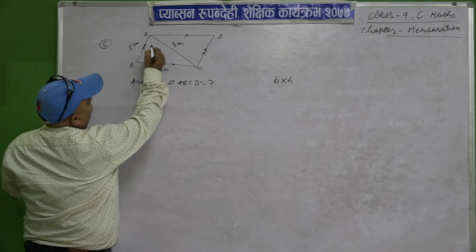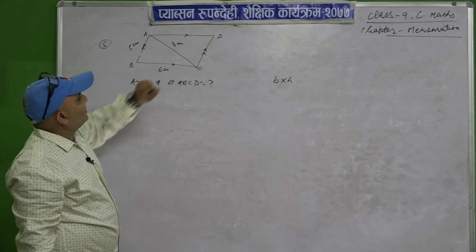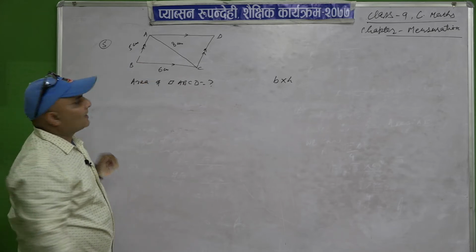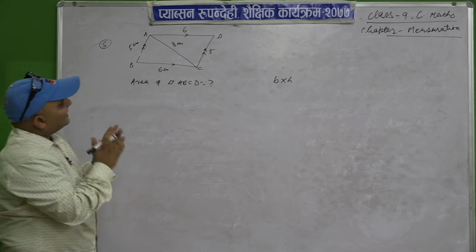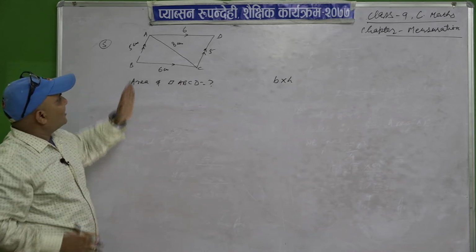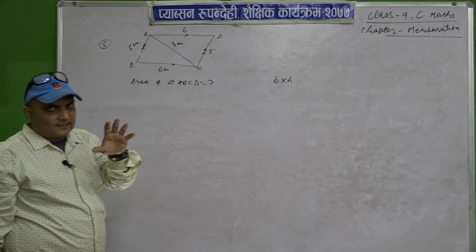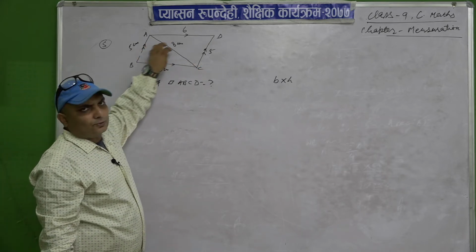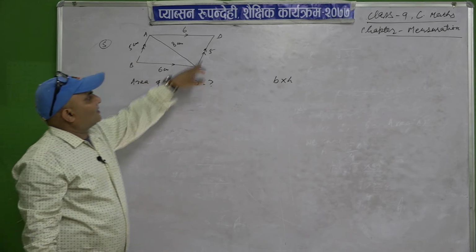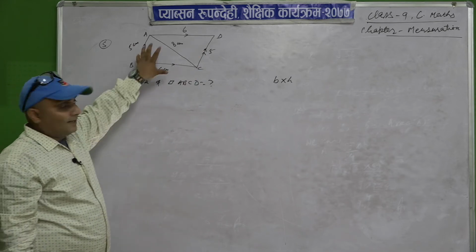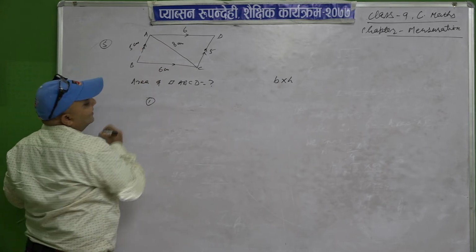See, this is a parallelogram ABCD. This side is given, this side is given, this side is given, and we know opposite sides of a parallelogram are equal. If this side is 5, then this is also 5. So see here, there are two triangles, triangle ABC and triangle ADC. If we add the areas of these two triangles, we can get the area of parallelogram ABCD. I am not going to find the area of this parallelogram. It is your homework. But I am telling you how we can find it.